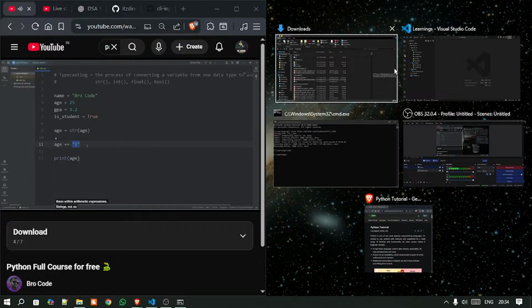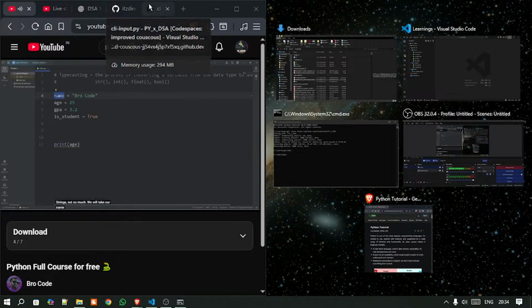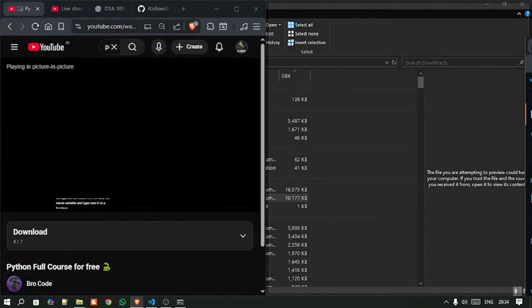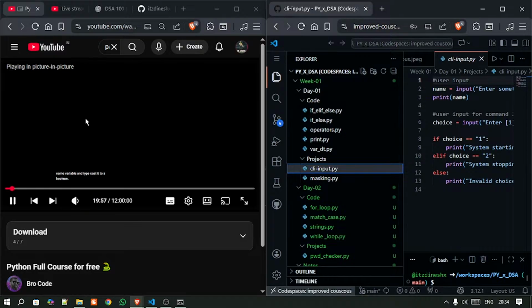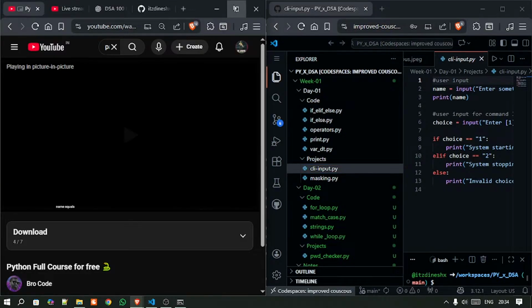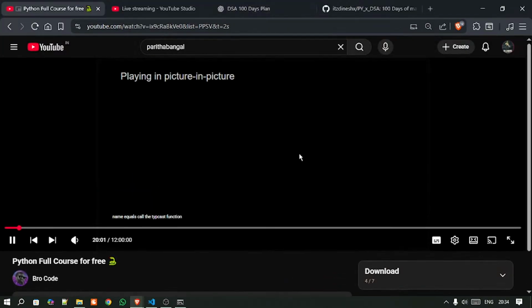Strings, not so much. We will take our name variable and typecast it to a boolean. Name equals, call the typecast function of bool, pass in our